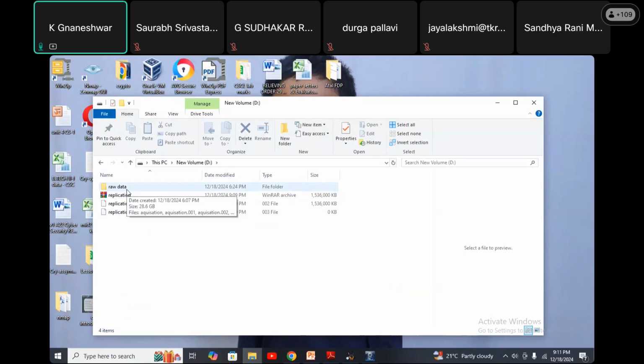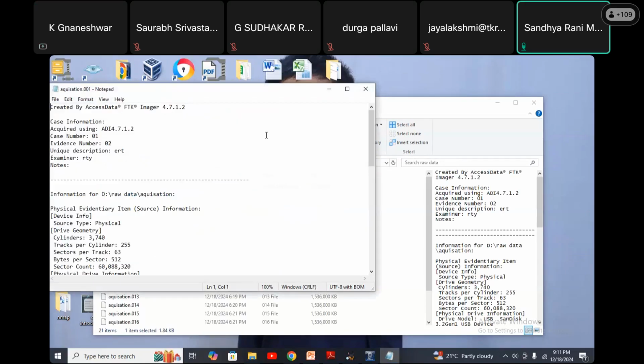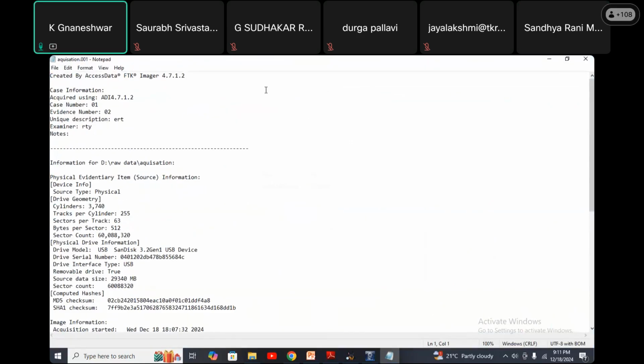I will show that data, the raw data. This one, acquisition. Created by the AccessData FTK Imager, with case information. Previously I gave these details, because what I created now will take some time, nearly 15 minutes. So I'm showing that one.